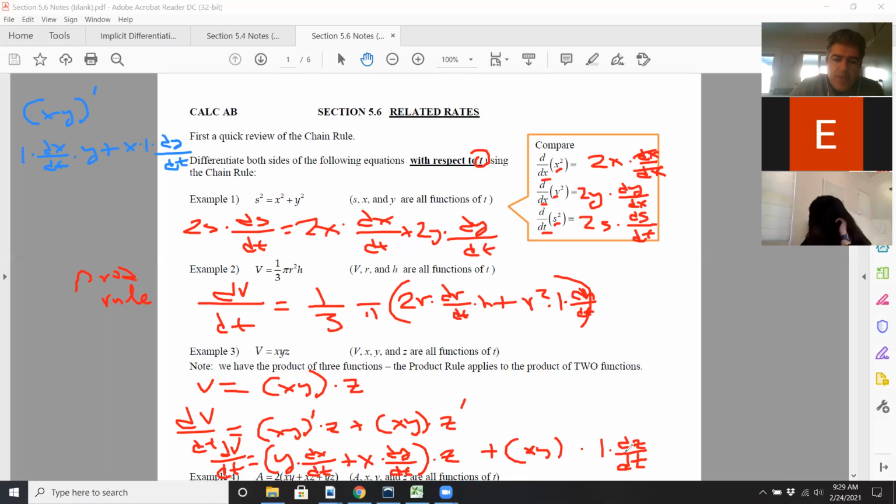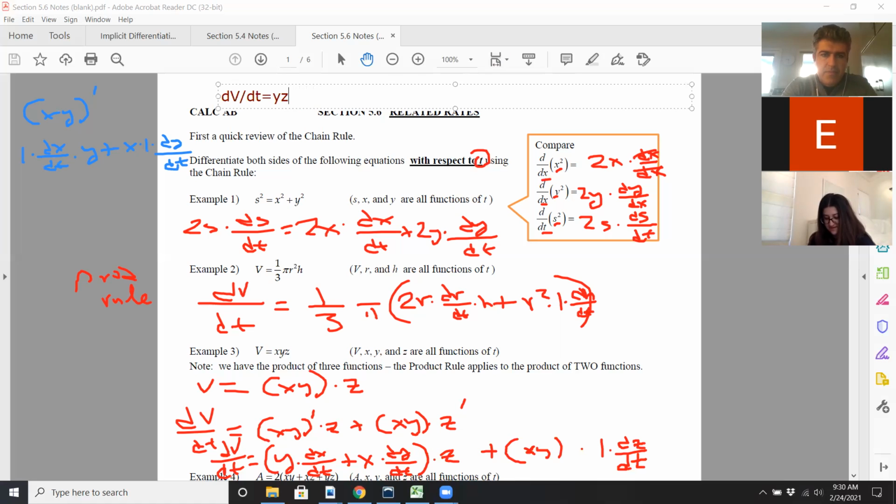And if you want, you can leave the answer that way, or distribute the z into that giant parentheses that you see there. But the bottom line is that the answer is going to look kind of like this. Let me type this up as a text box up top. Do this in a different color. So it's going to be dv divided by dt equals